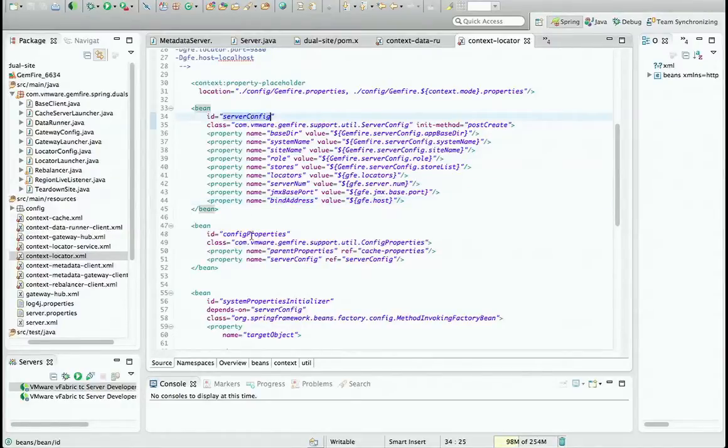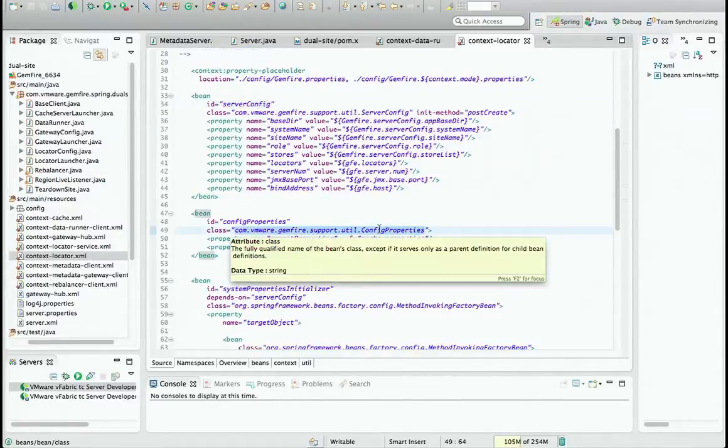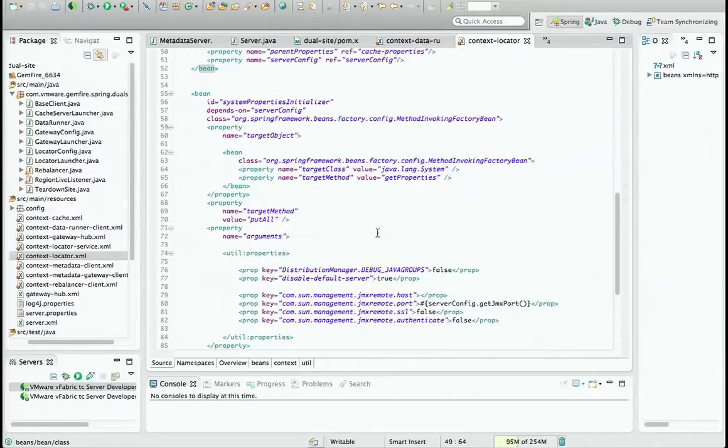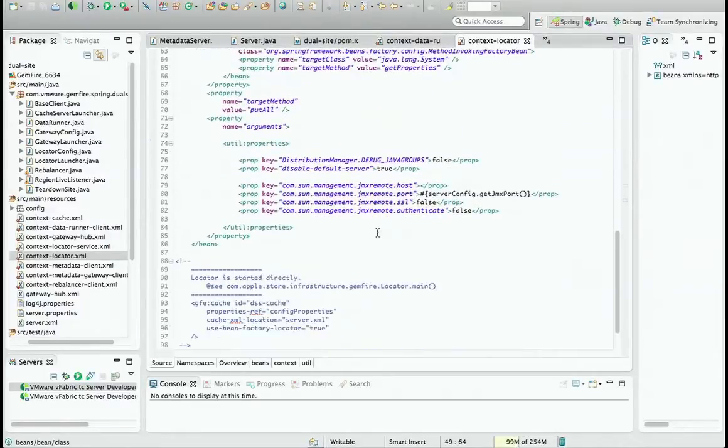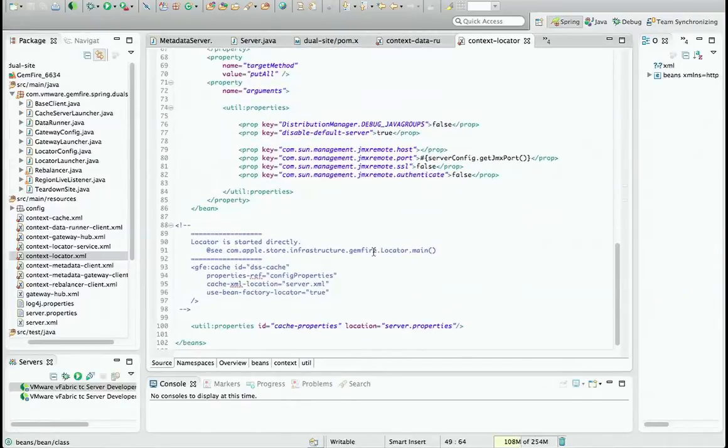Server config hooked up with a config properties class will bootstrap GemFire correctly when it starts up. All the other pieces, if you've been playing around with Spring GemFire, the locator is actually a special server in that it doesn't have a cache. So this is probably not as interesting as far as looking at what a cache server looks like. So let's go on with,